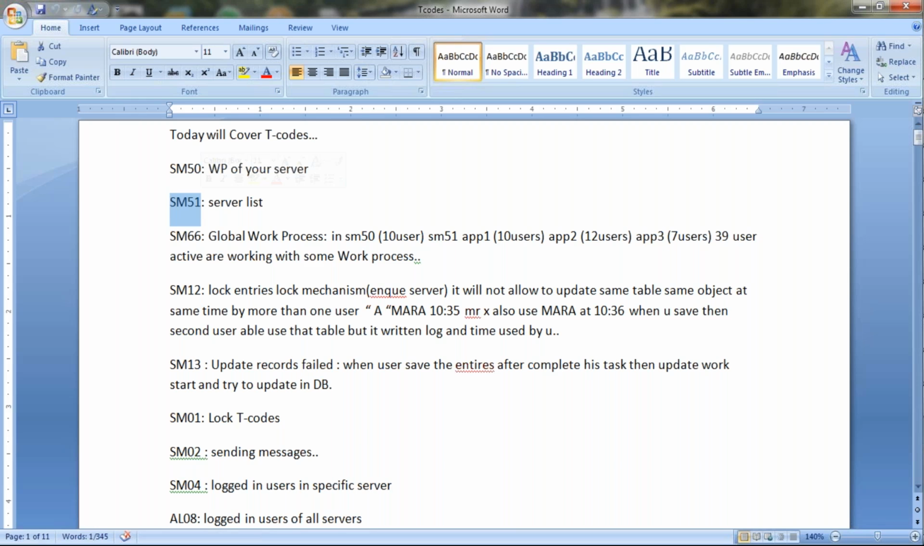But check SM51, because what happened? You have 5 application servers and one CS, total 6 servers. As per the company's load, you need 6 servers all the time: in the morning, in the afternoon, in the evening. You require them every time. If the fourth one or fifth one fails,